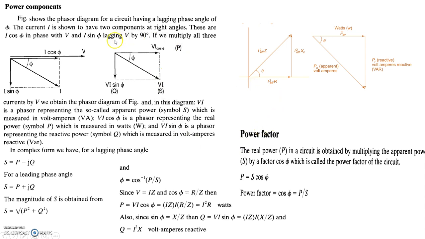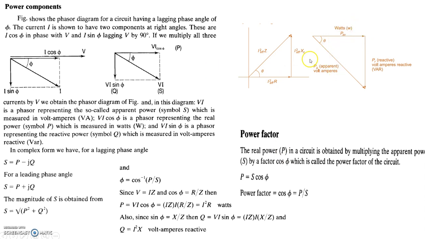The power factor of the circuit can be computed in multiple ways. We define the power factor as the cosine of the phase angle between voltage and current. The phase angle between voltage and current is the phase angle phi, and cos phi is the power factor, and the same cos phi is also defined as the